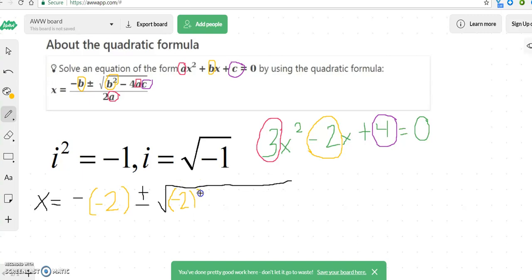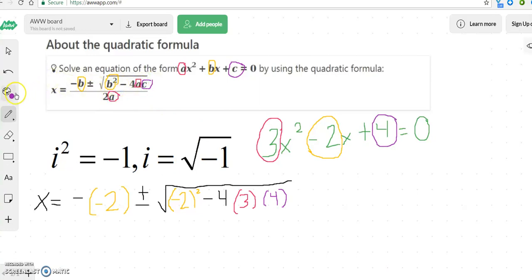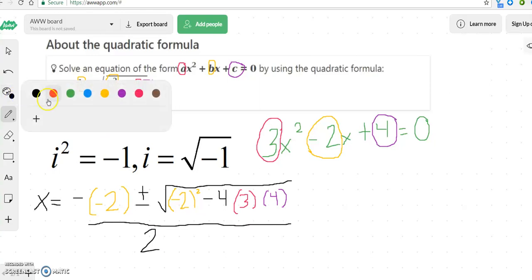We're going to square it minus 4 times a, and our a was a 3, times c, and our c was a 4. Okay, so far so good. We have all of this written exactly the way it's written up here. Now let's do the bottom part of the equation, and the bottom part of the equation is 2 times a, which is 3. Okay, now